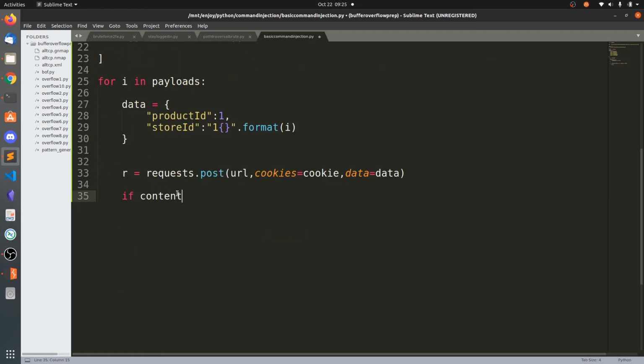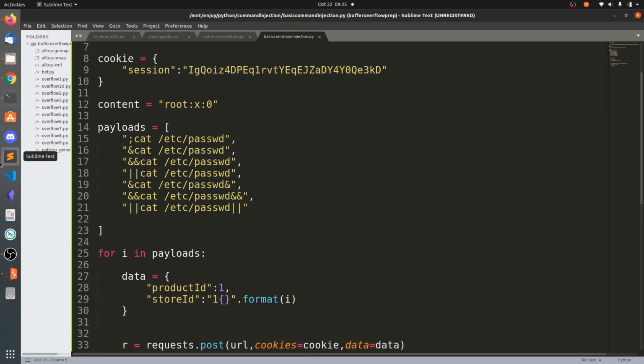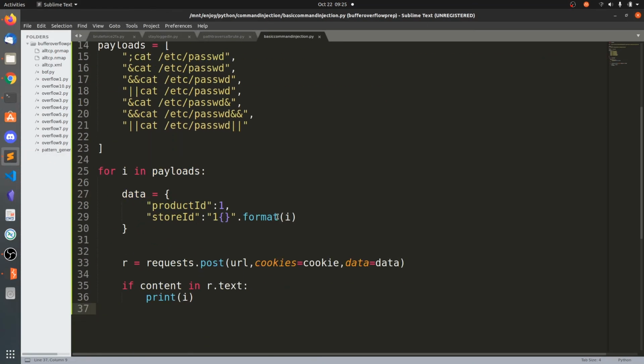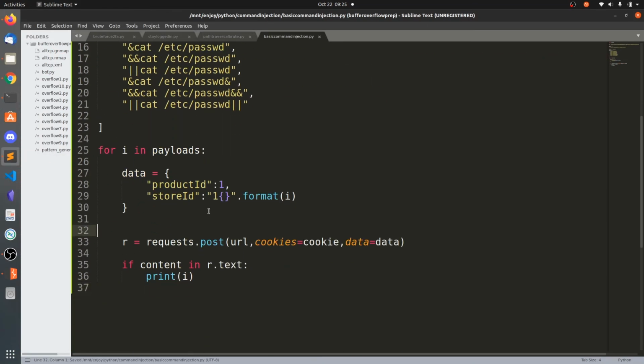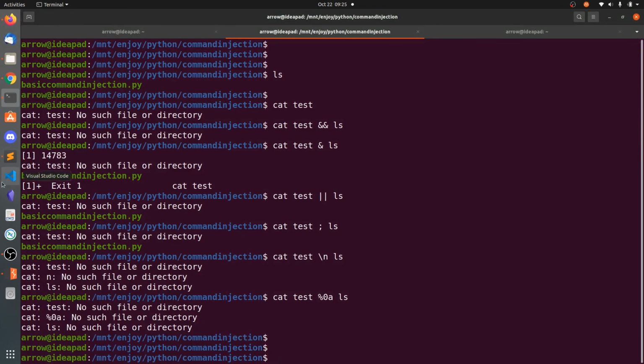If content in r.text, print i, so that means the payload has worked successfully. So I think we are good to go. Data, cookie, everything is fine.